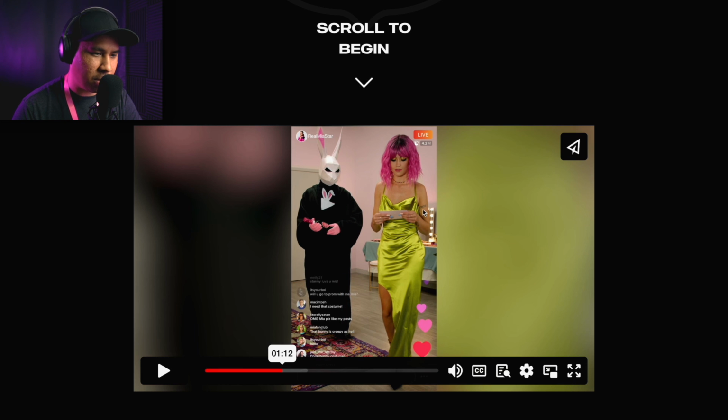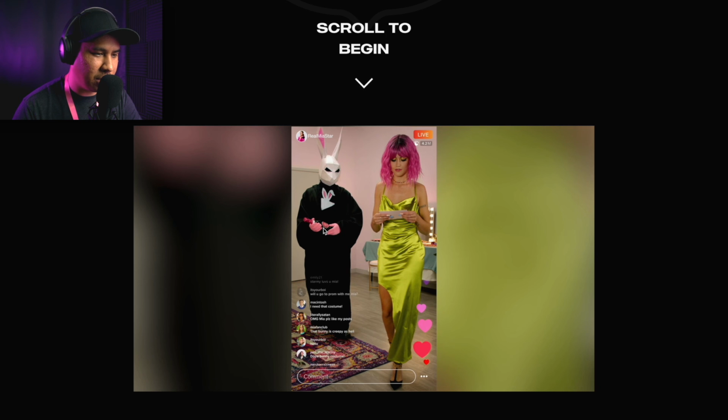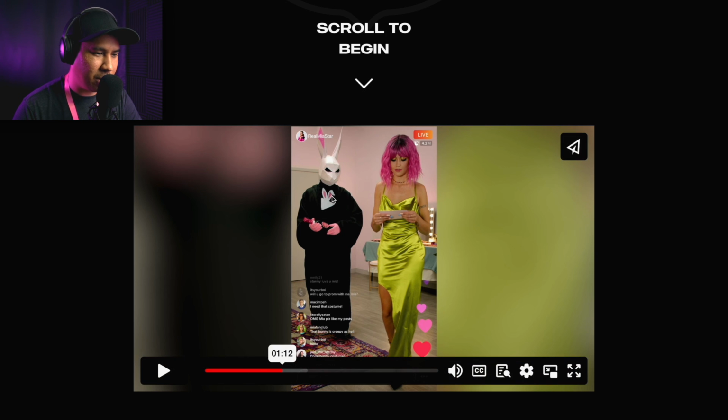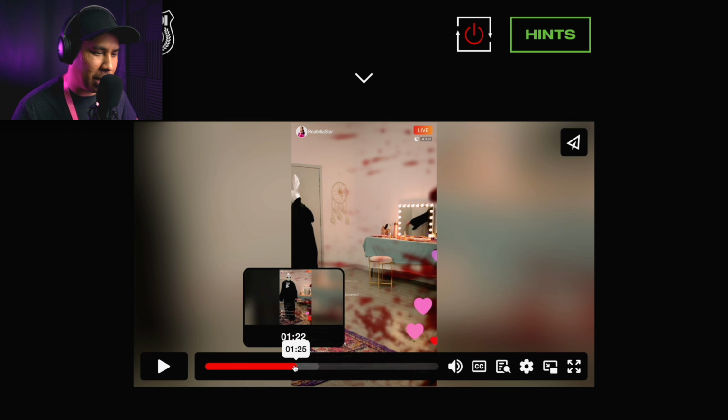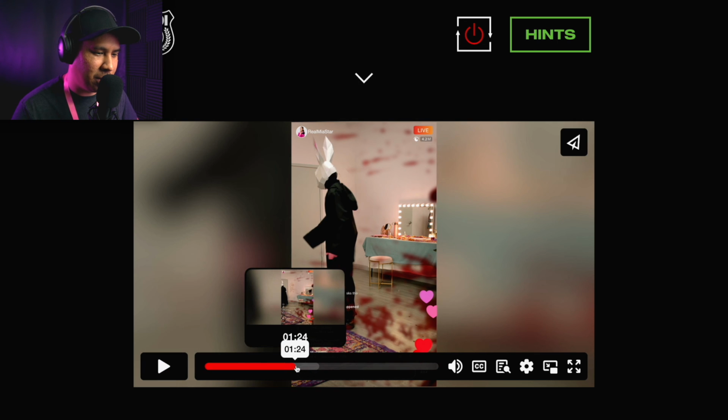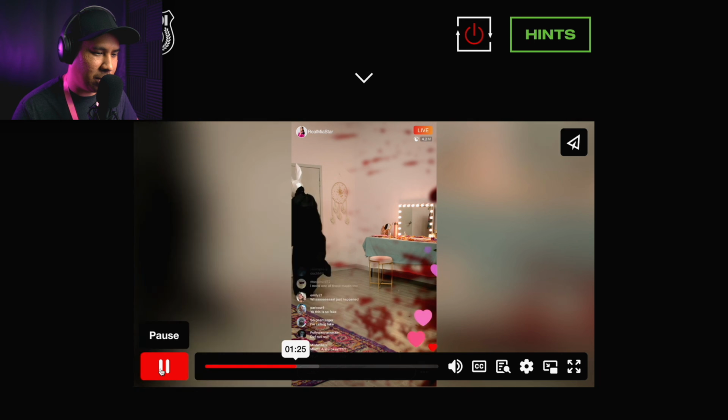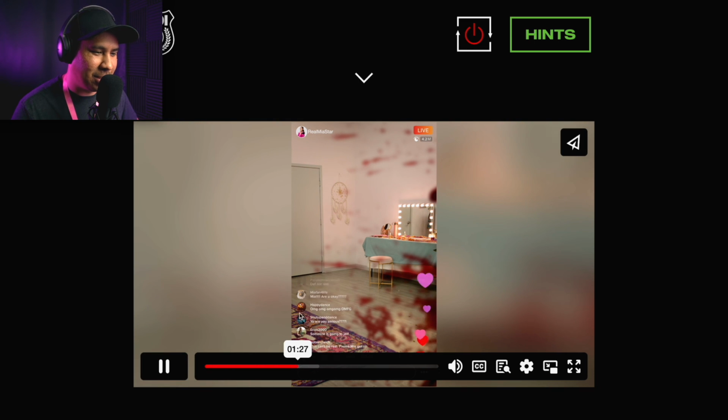Okay, so the XO, yeah, it says OXOX. So maybe the hand that the bunny uses, or the ear. Maybe something about this outfit is backwards. Oh, I thought I saw some pants, like blue pants or something. Oh no, it was just these that were blue.